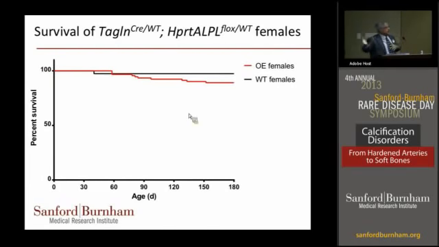So very different survival rate compared to the male. So we have essentially a very robust model of GACI in male mice, a less robust model of medial calcification, perhaps similar to what you might see in end-stage renal disease. This will allow us to explore the therapeutic benefit of the therapy we're trying to implement, and also look at